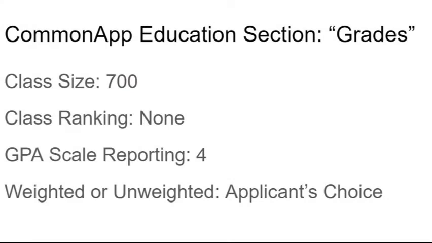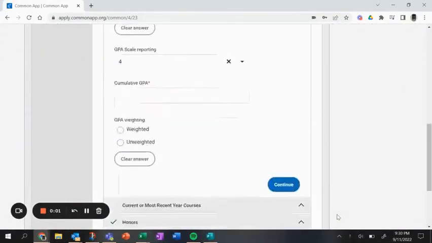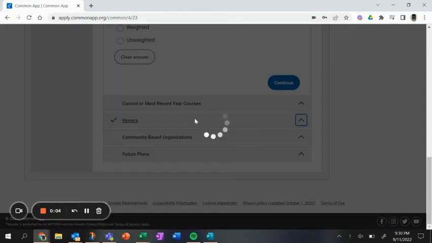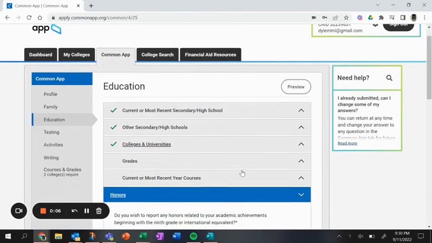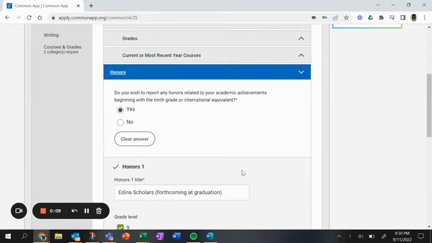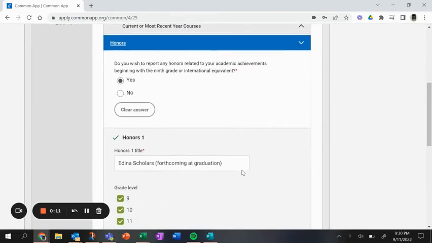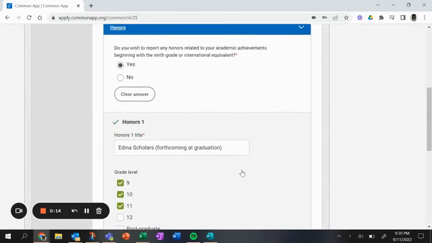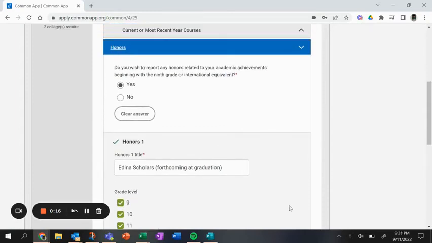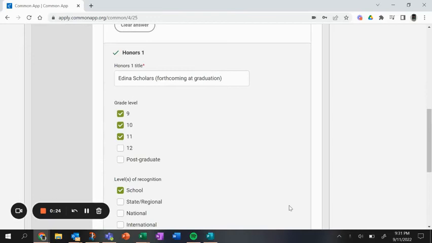For GPA scale reporting, we say 4. And then weighted or unweighted GPA, we leave that up to the applicant's choice because our transcripts will show both GPAs. Another very common question that we get about the education section in the CommonApp is going to be this honors section. This is a spot where students are going to report their academic honors. So maybe not necessarily like getting a letter in a sport or music or something like that, but like your academic specific achievements. One kind of common award that students can earn at Edina High School is going to be